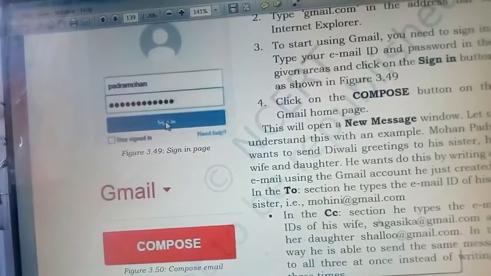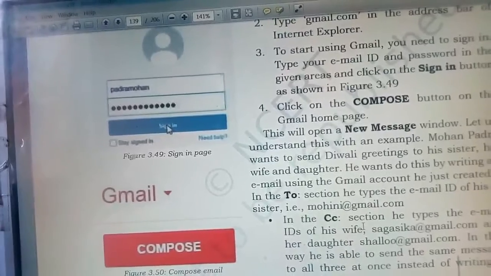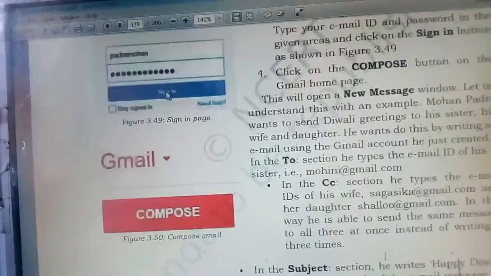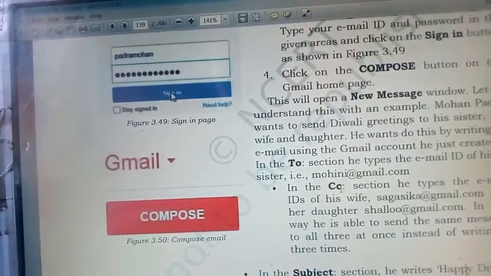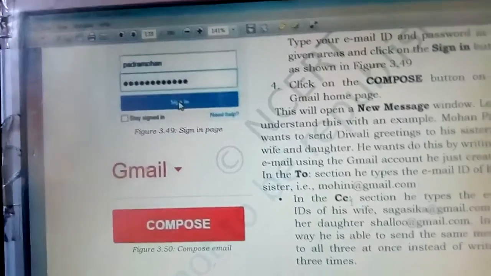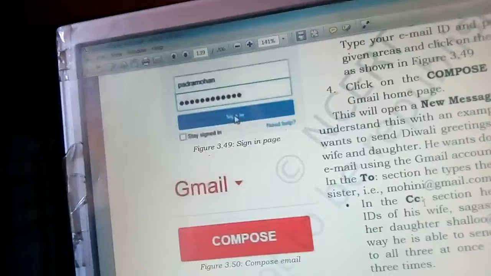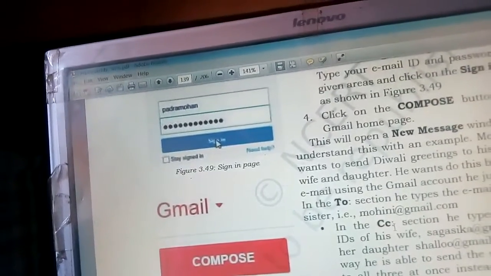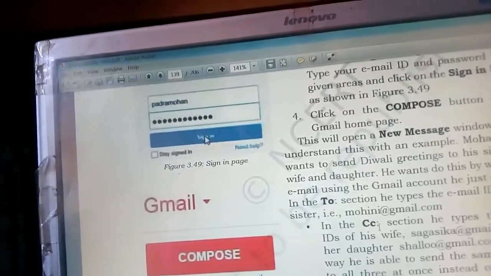It may include more than one email address, okay. BCC also is one section, that is blind carbon copy, and CC means carbon copy. In blind carbon copy also you can write the address of more than one person.